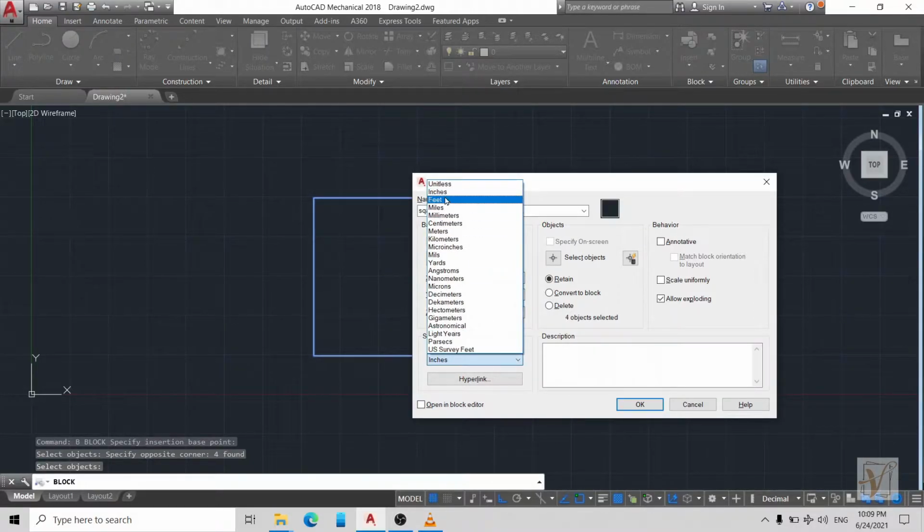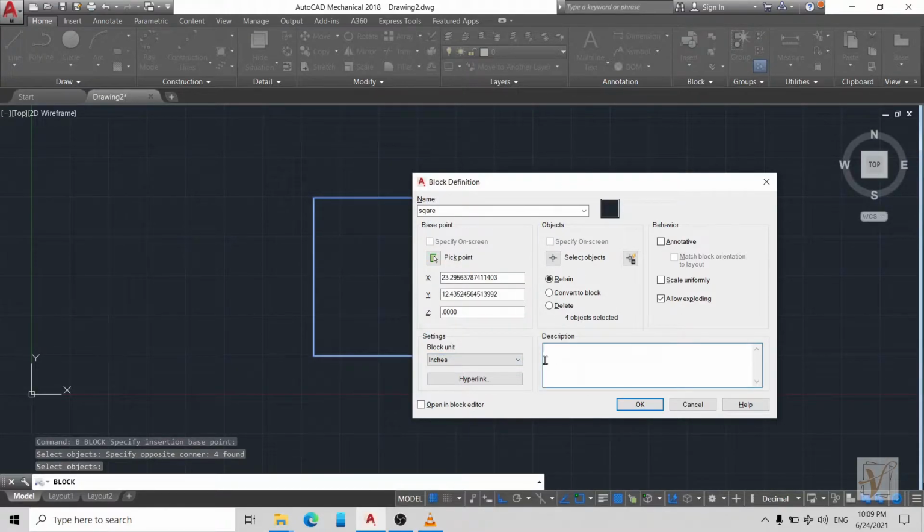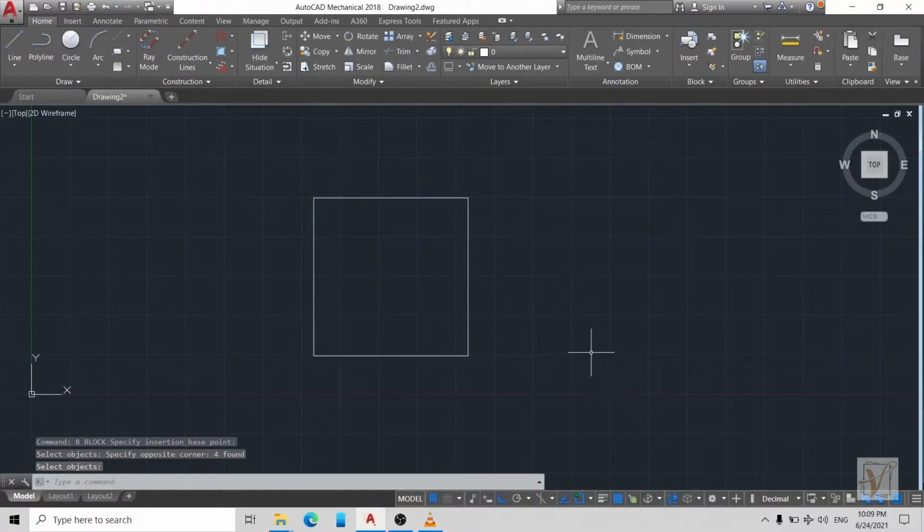If you are metric user, then you should select centimeters. Click the description list box and enter square by Vishpaked. Make sure the retain radio button in the object group is selected and then click OK. The square drawing is now a block with the name square.